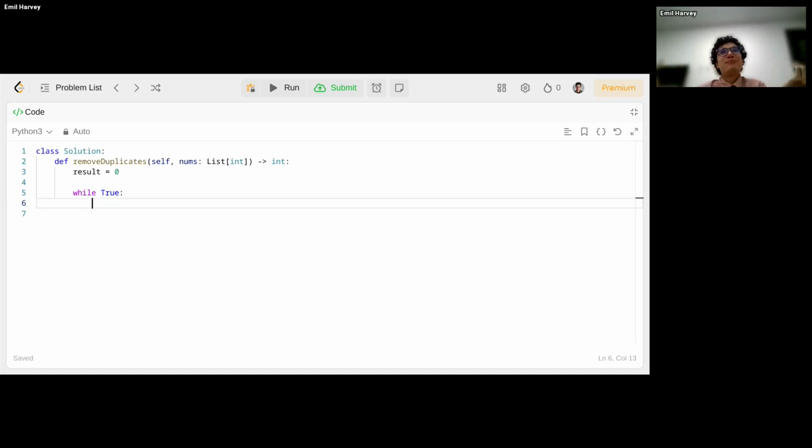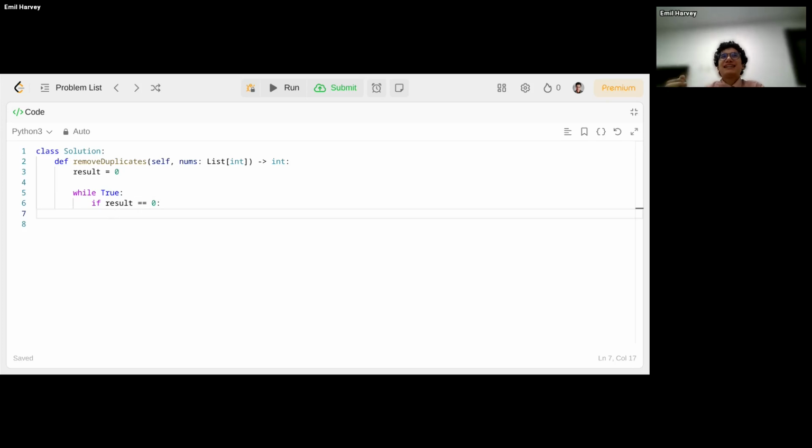So we know that at some point results will be 0 in that loop. So I think about what I would do there. So if result equals 0, we know we've just started the array.